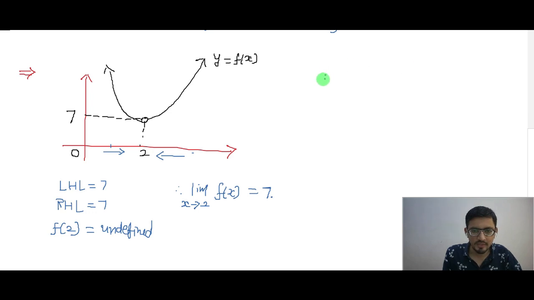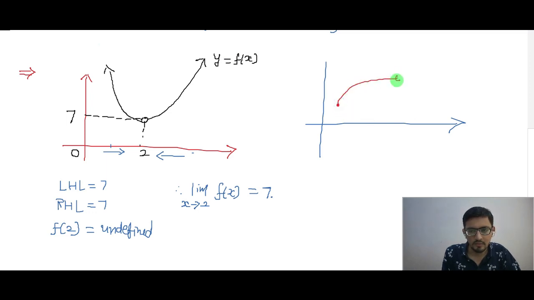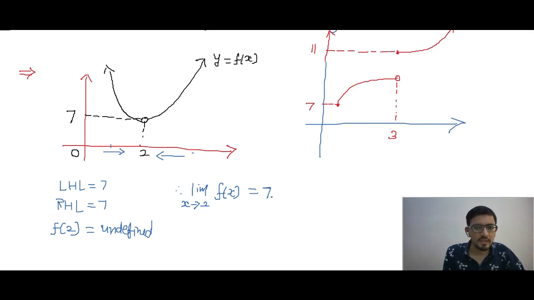Okay, see one more example. If I am drawing here, assume one function, if I am drawing like this, starting from here like this. Okay, assume this value 3 and other part going like this towards infinity, and assume the corresponding y if I'm drawing 7 and 11. Okay, now what we can understand from this, see.